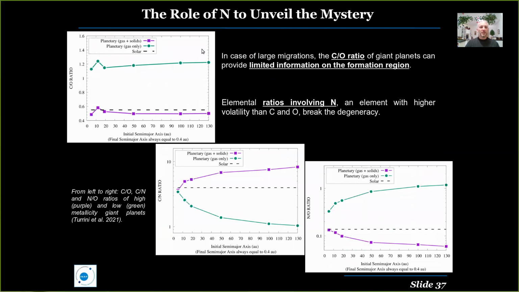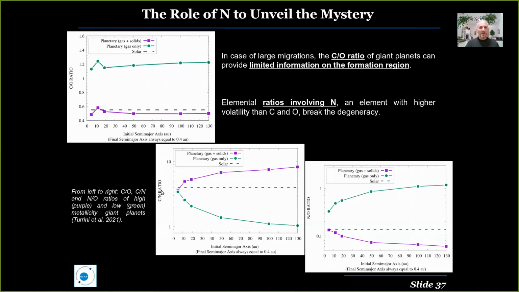The green curve instead is for planets that accrete only gas and derive only the metallicity, therefore the fraction of heavy elements, from the gas. We can distinguish, thanks to the C over O ratio, one regime from the other, but we cannot tell where the planet formed. We can add more color to the picture, to go back to the analogy with which we started this lecture,